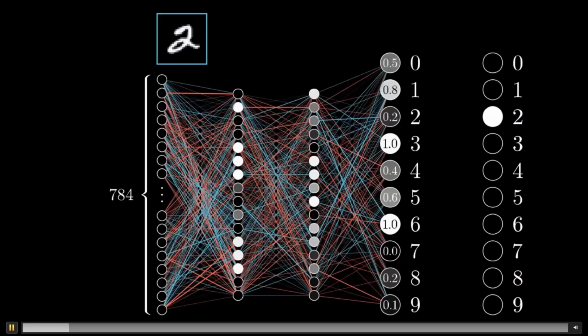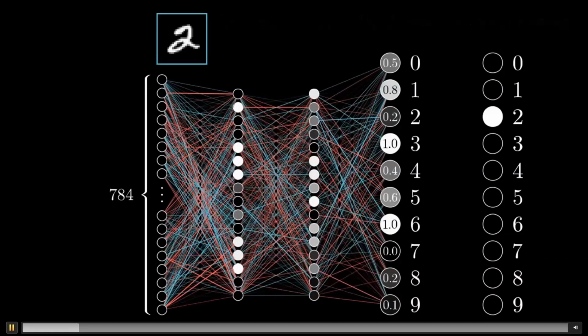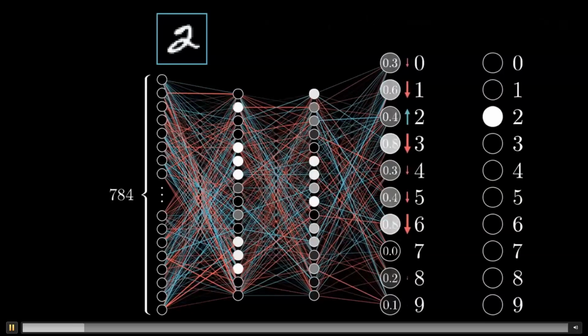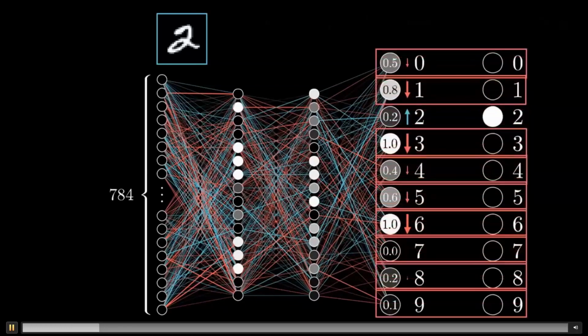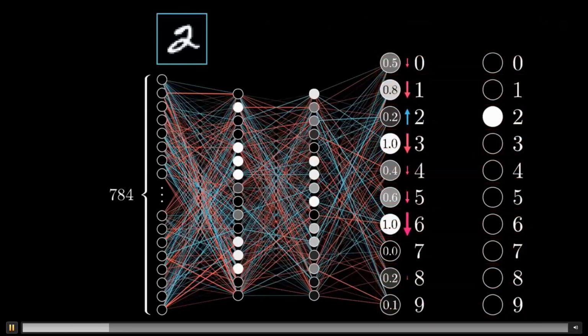Now we can't directly change those activations. We only have influence on the weights and biases. But it is helpful to keep track of which adjustments we wish should take place to that output layer. And since we want it to classify the image as a 2, we want that third value to get nudged up, while all of the others get nudged down. Moreover, the sizes of these nudges should be proportional to how far away each current value is from its target value. For example, the increase to that number 2 neuron's activation is in a sense more important than the decrease to the number 8 neuron, which is already pretty close to where it should be.